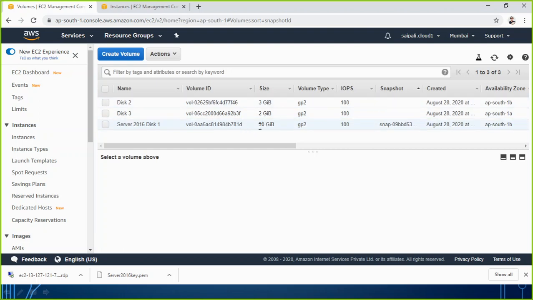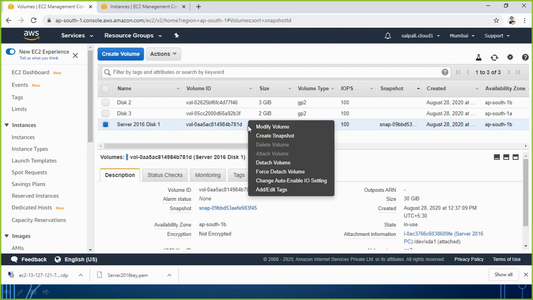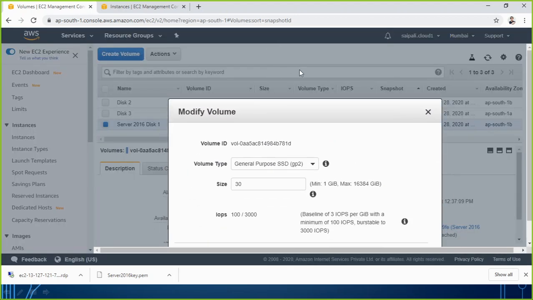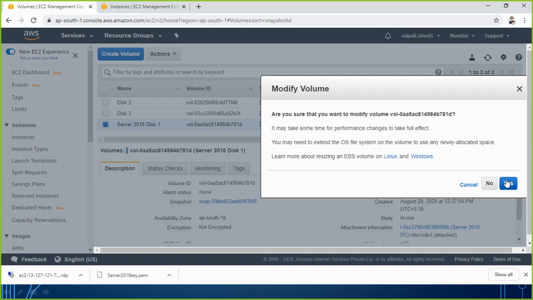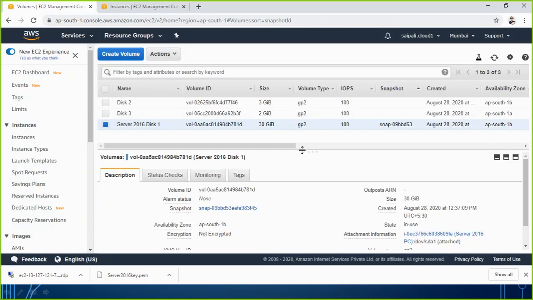Even the same way we can extend the size of this hard disk. It's not like this is the default hard disk when I was making the EC2 instance, so we are not able to change. We can apply the same logic here also. So we can take right click, modify volume. By default it was 30 GB. Now if I want to have it for 35 GB or 40 GB, whatever size, I can just type here. Maybe I make it 31 GB, modify, say yes. So it will be modified to 31 GB and it will be reflected there.